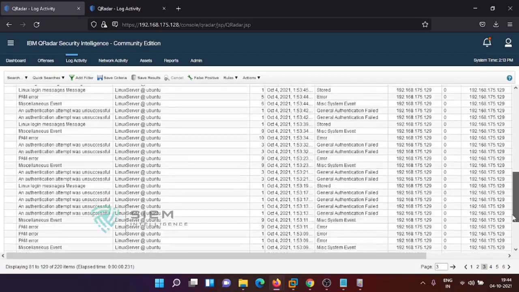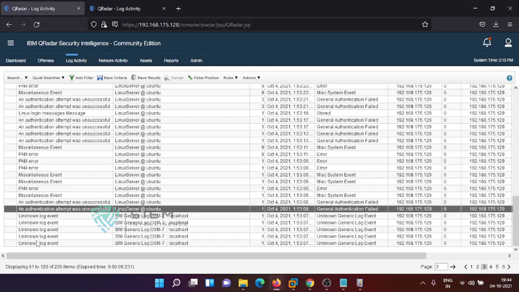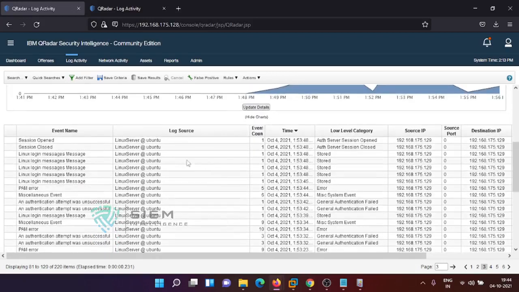Earlier it used to be only unknown event logs. Now it is giving some known event logs. These are the known event logs which are understood by this particular Linux server DSM. It has mapped against this particular ESM. So we will see how to map and all. Once we are talking about the user interface, from tomorrow onwards we'll talk about the user interface. Okay. So like this,